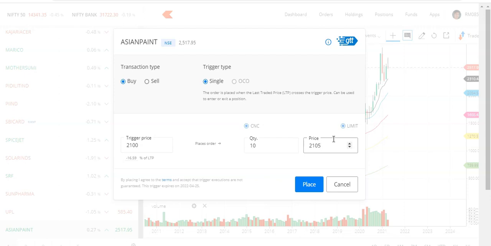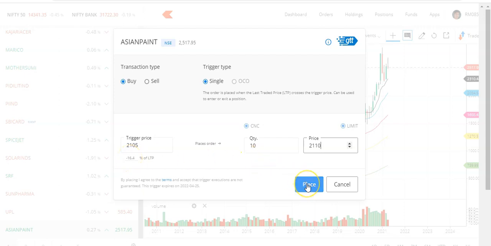Okay, as a side note, I would like to highlight, don't enter a round figure in the trigger price. Maybe you enter here 5 and 10. Sometimes the price may not fall into a round figure. It is always better to catch a few rupees higher. Nothing wrong, you are not going to lose big by doing this, but you are increasing the probability of your order getting executed. Anyways, you are going to capture at 16% less from the current rate.